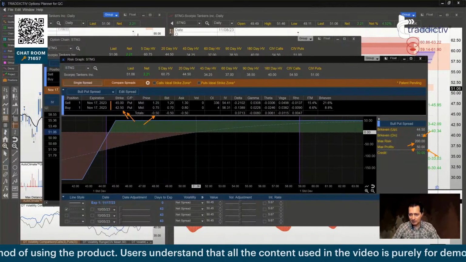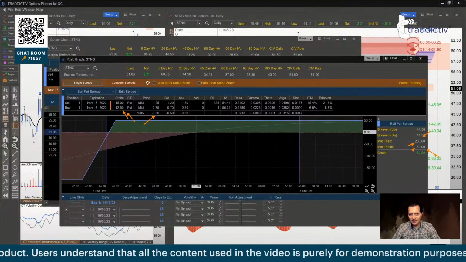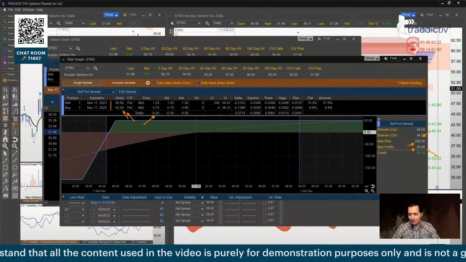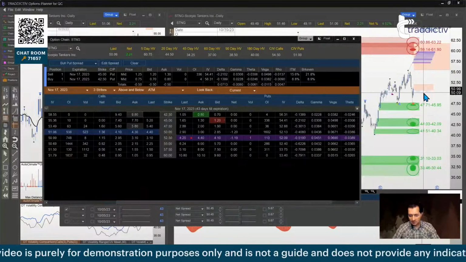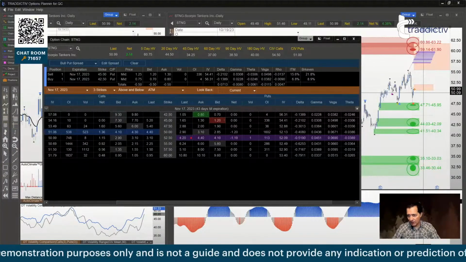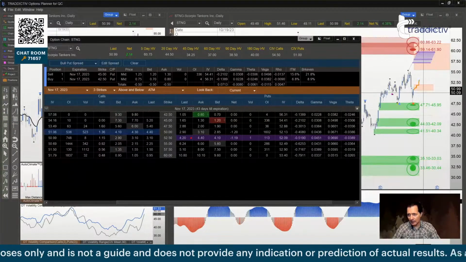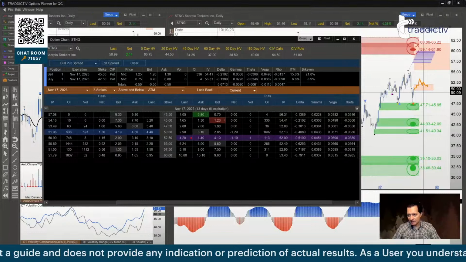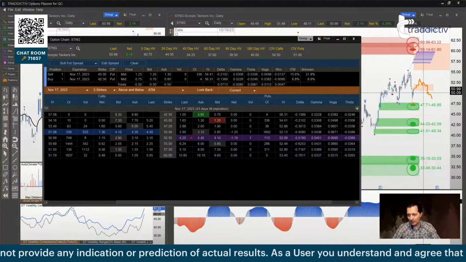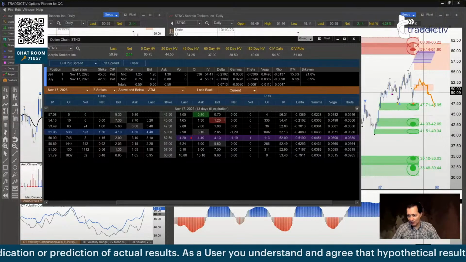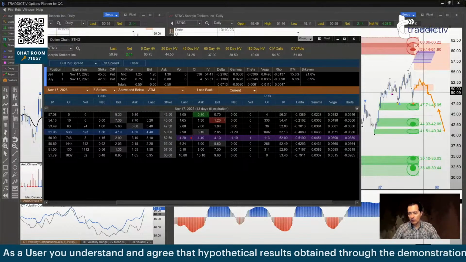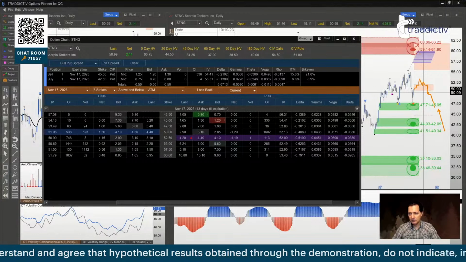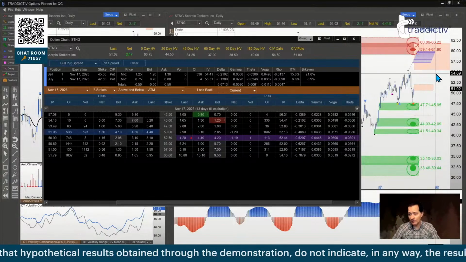That's the trade. And as long as the stock is above 45, you make 50. So the stock is currently trading at 51, right? The stock is currently trading at 51 or 50.99. So if it goes up, you make 50. If it stays the same, you make 50. If it goes down, you make 50. If it goes down all the way to 45, you make 50. If it goes below 45, you lose 200. So there are many cases where you can profit. There is one case where you can lose.